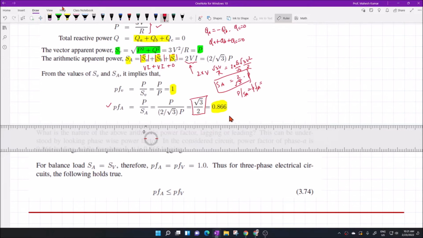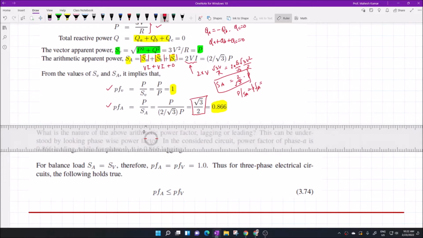For example, if I design a distribution feeder for 0.866 power factor, the current will be more. So it can take more current for this design. But for the other, if I design, it cannot take more current because this is unity power factor. So for the same power, if the load is reactive, it will draw more current that it cannot sustain. So we will prefer the pessimistic case to have more optimistic performance of the power system. So we will choose 0.866 power factor for the design of the distribution network.